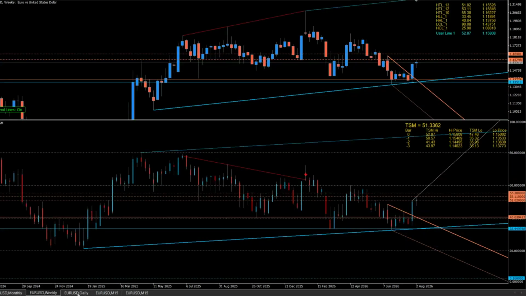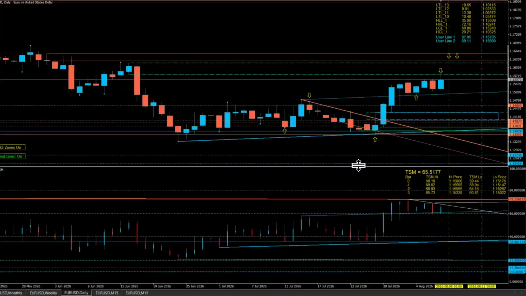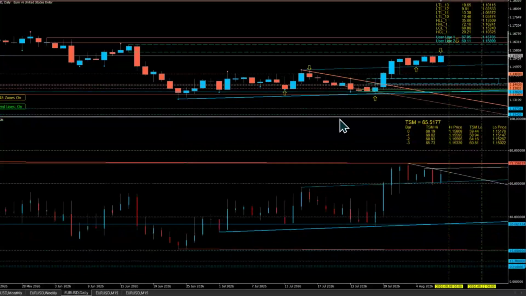Especially on the daily, we should have new setups happening on the TSM as well, and as they happen, we will see where that goes. I can also put this. That's the low, and I can just do that. And if this thing breaks, if we go up and then break down, then we've got room to come down. And that will give us a confirmation.